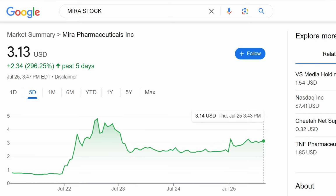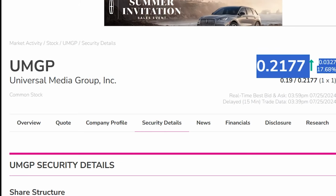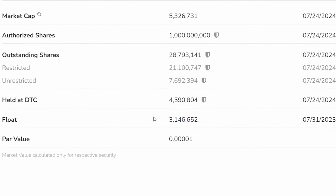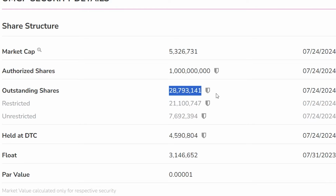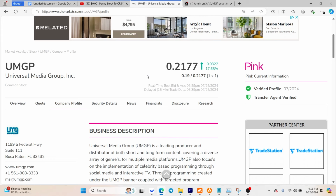about to talk about. First off, we want to talk about Universal Media Group Inc. UMGP trading at 21 cents or just over that, with one of the best share structures in the entire OTC, showing the float at 3 million shares, but it is probably closer to the DTC amount. So the float is sitting around 4 million shares or just over that, with only 28 million outstanding shares. The company just came out and announced that there will be multiple exciting updates with celebrities coming out